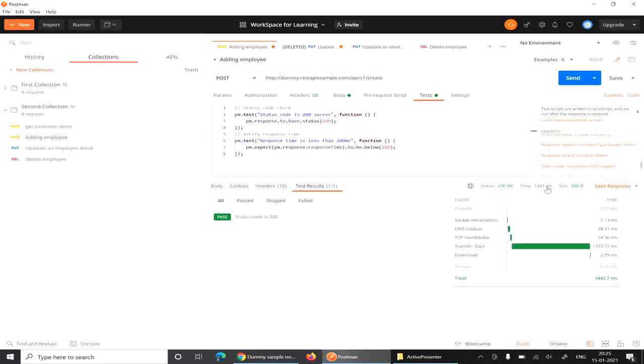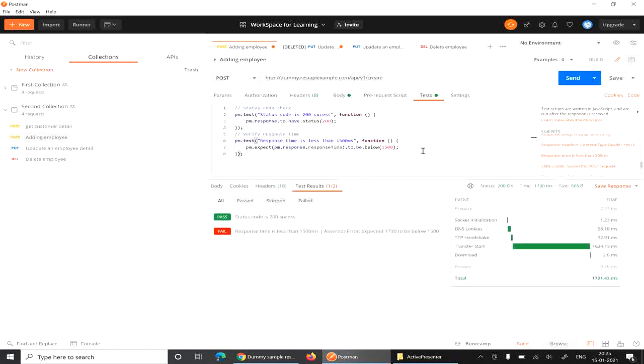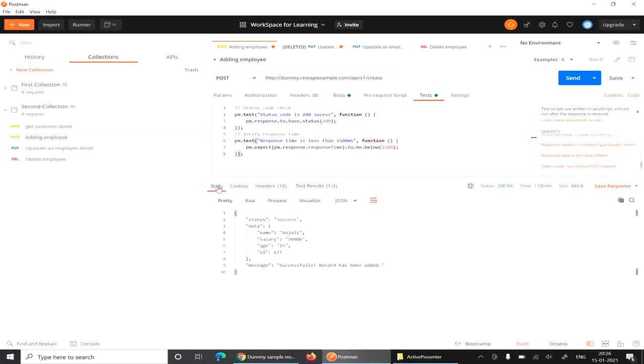Because this is a dummy website, we will go with whatever we are getting. I'll change it to approximately 500. If the time is less than 500, then it is correct. Now click on send. Okay, because this is now 1700, it means that it is not correct. You will check according to your requirement.